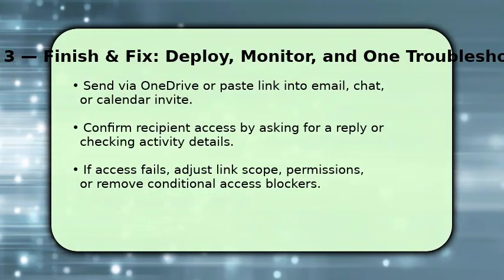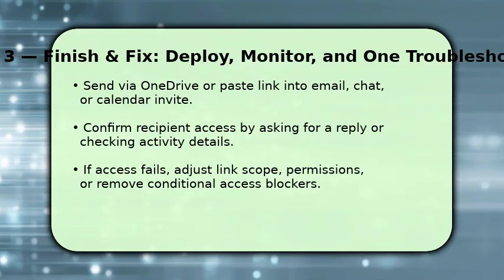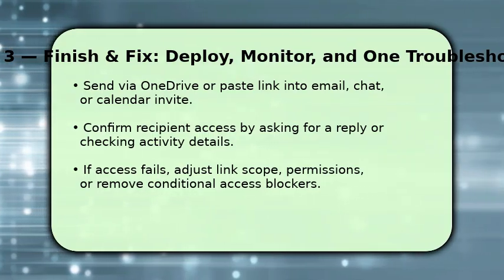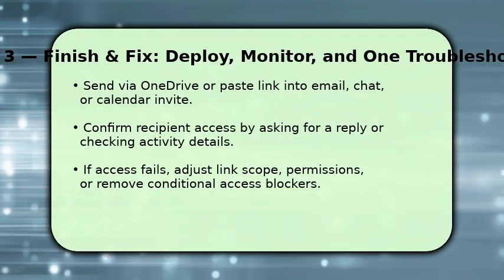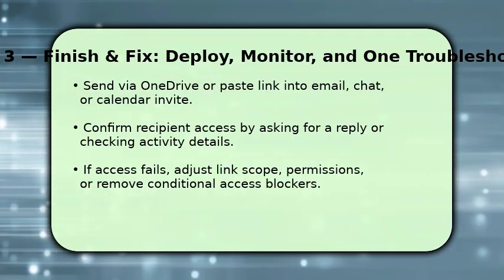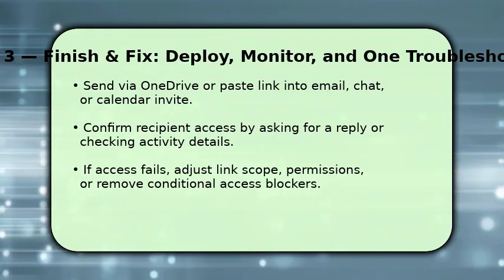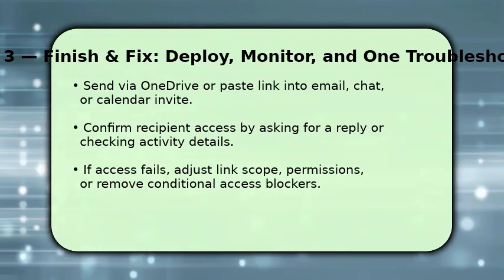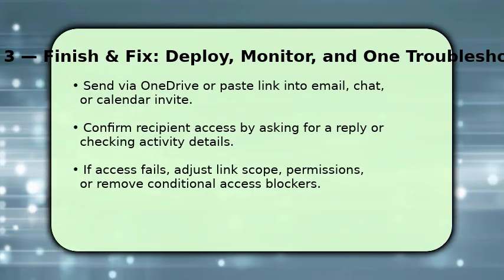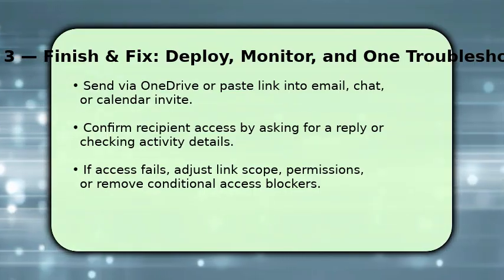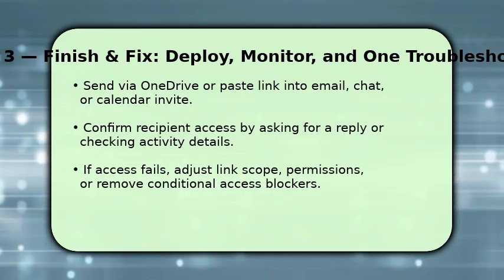Once sent, confirm access. Ask recipients to open the file and tell you if they can edit or only view. If someone reports a problem, check the link scope and permissions first, and then verify organizational conditional access or guest restrictions. Often changing scope to specific people or toggling download resolves it quickly. If needed, regenerate a new link and